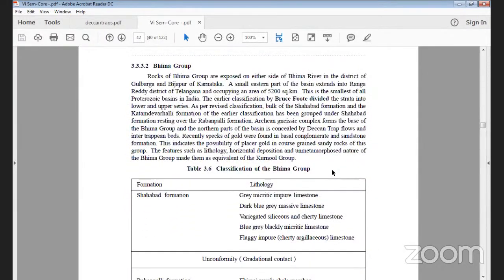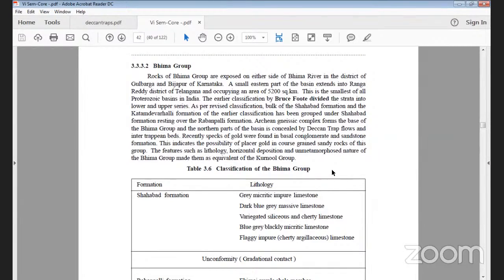Next, coming to the Bhima. The Bhima group of rocks is exposed on either side of the Bhima river in the districts of Gulbarga and Bijapur of Karnataka state. A small part of Rangareddy district also contains the same Bhima group. It occupies approximately 5,200 square kilometers, the smallest of all the Proterozoic basins in India. It was earlier classified by Bruce Foote,